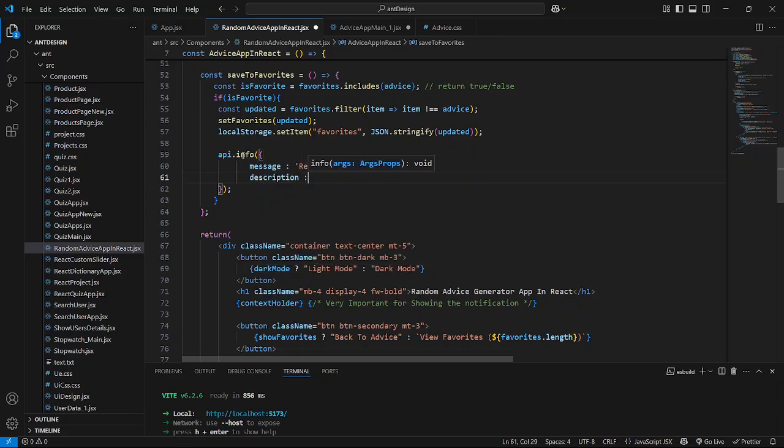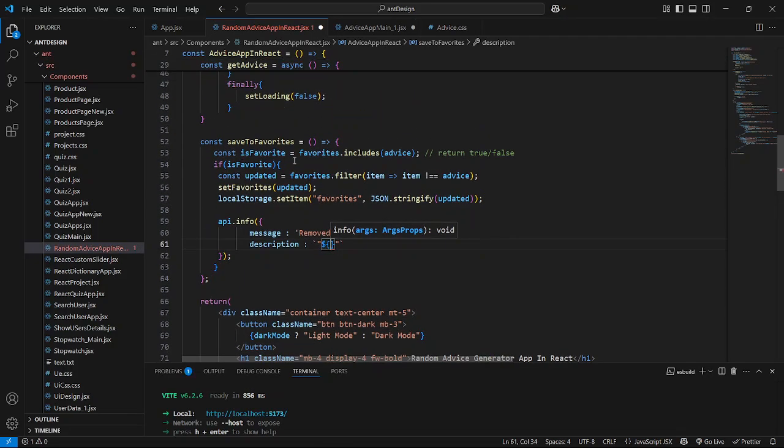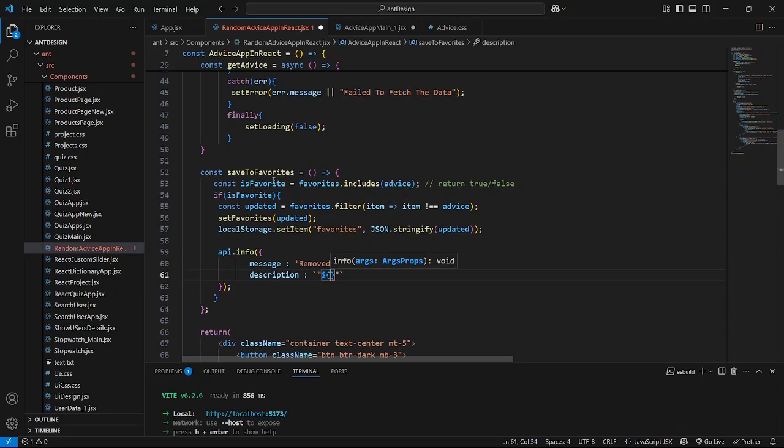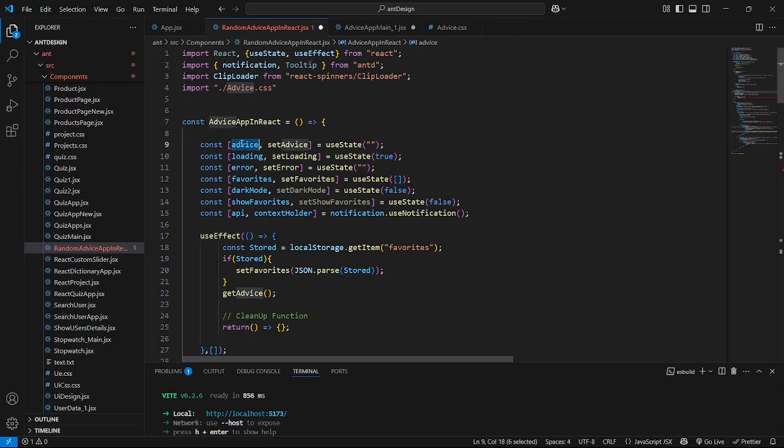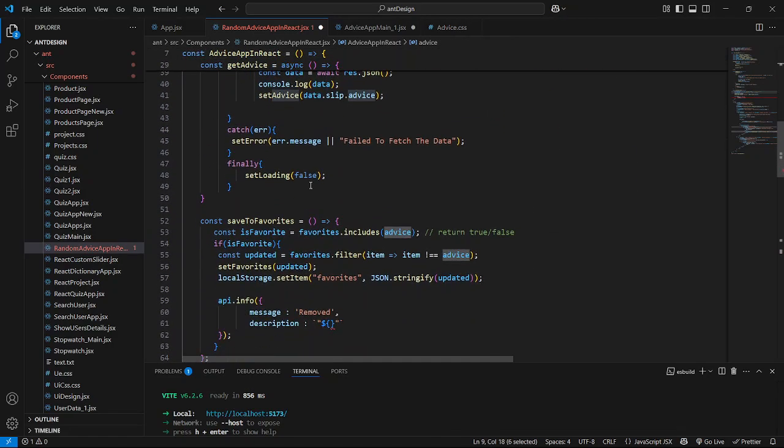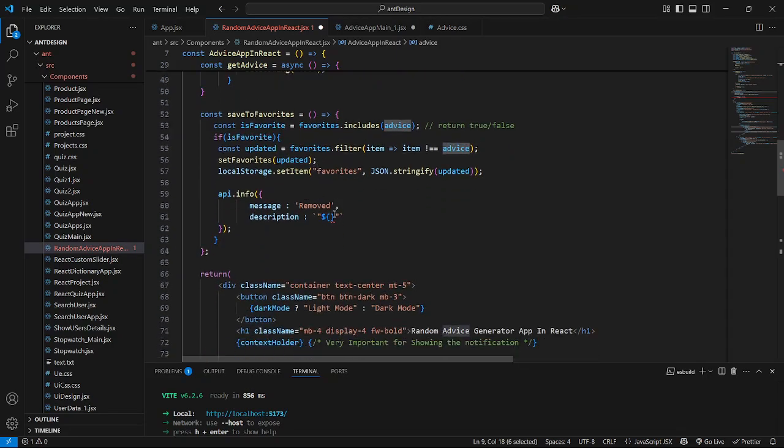So for description, give here backtick, and I'll use double quotes and the dollar sign. So just copy this advice, because this is the advice we are going to remove. Paste it here. We will say has been removed